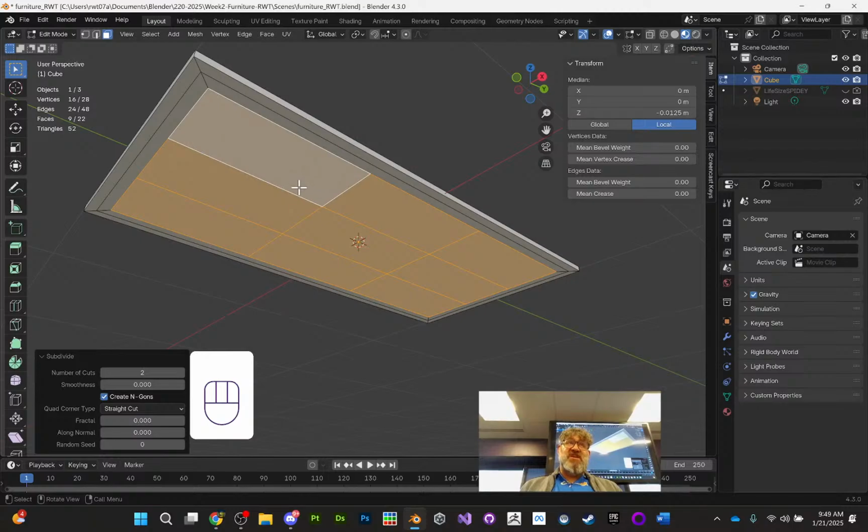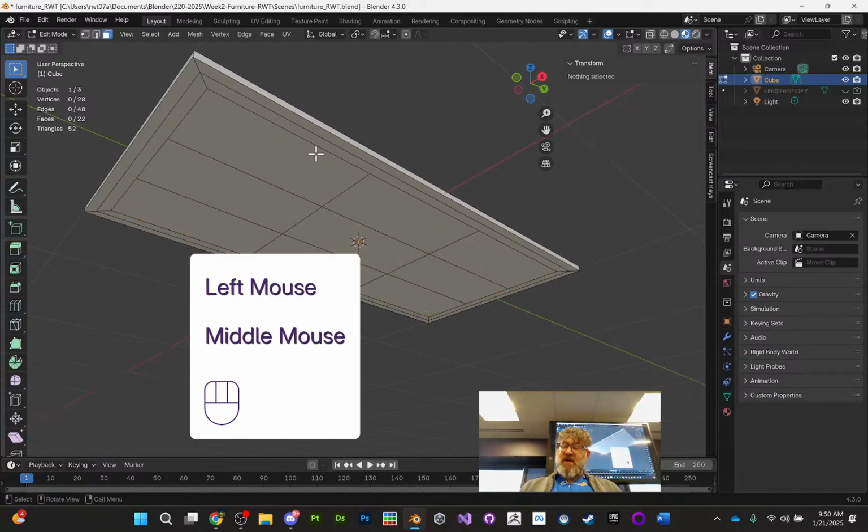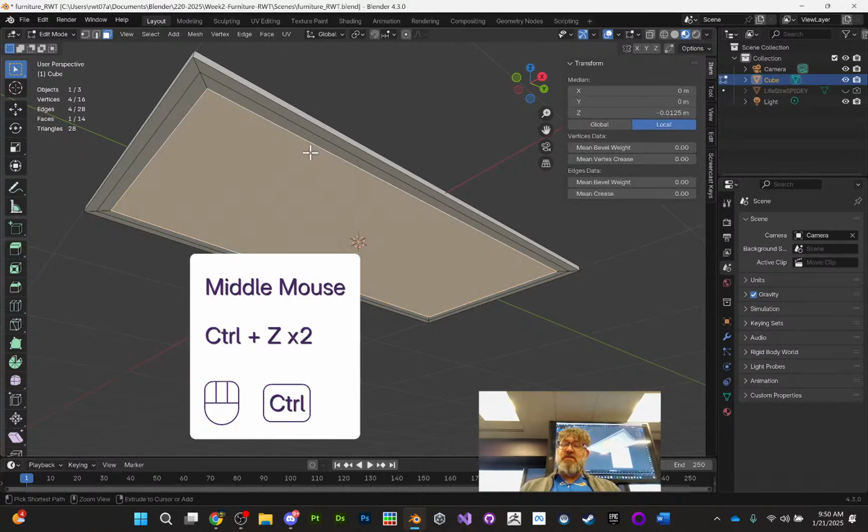Now they're not positioned the way I want, but it's as many cuts as I want. So I want a leg in this corner, and a leg in this corner, and a leg here. I can do that with subdivide, and it just adds in lines, so I've got more things I can do. So we can do it that way, or undo, Control Z,